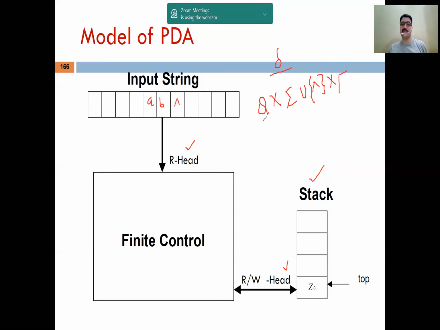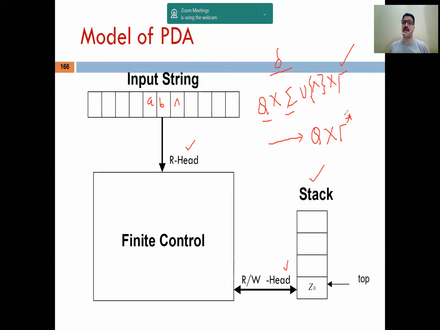So the first symbol is that you are in any state, and another is sigma, that is input alphabet, or it may be A, B, 10, whatever. Otherwise it may be null. And after that, it is compulsory that you must read the third symbol. The third symbol is read from the stack, right? And after this, the transition can be performed. You may be in the new state, that is Q, and after that you can easily see this is the tau star.